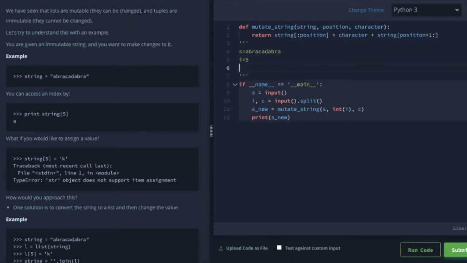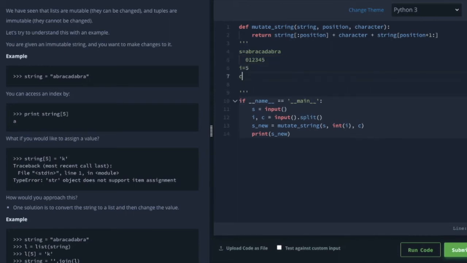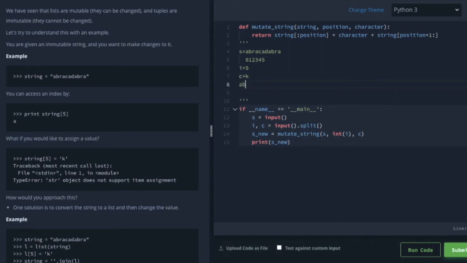Let's count from here: a will be 0, b will be 1, r will be 2, a will be 3, c will be 4, and 5 will be a again. So what they want us to do is replace a, at index value 5, with the character c, which is given as k. So the output should be a, b, r, a, c, k, d, a, b, r, a. Instead of a, we have put k because that is what the problem expects us to do.